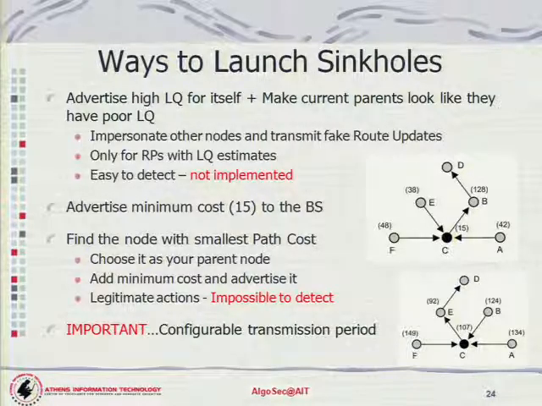Now the second strategy. Again this is simple, and in order not to be detected, it requires the attacker to have a really strong antenna. What it does is transmit a beacon message with the minimum cost towards the base station. The minimum cost is 15. So what it says is that I am only one hop away from the base station. I have the minimum path cost, so all of you send your messages to me in order for me to forward them to the base station. So it can again send fake messages, even if it is not the actual